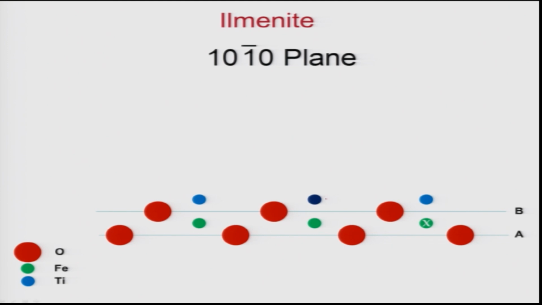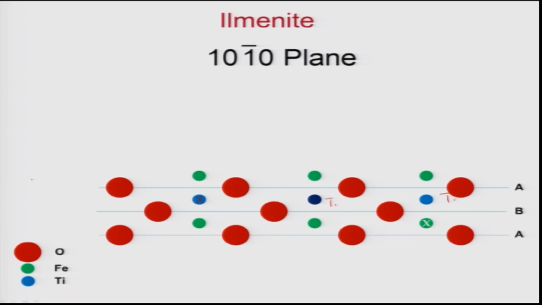So, I think the colors have gone different, this is titanium, and this would be empty in this case, okay. And then next layer of oxygen, the next layer of iron again. So, we will have this as so in this case this would be empty, okay,